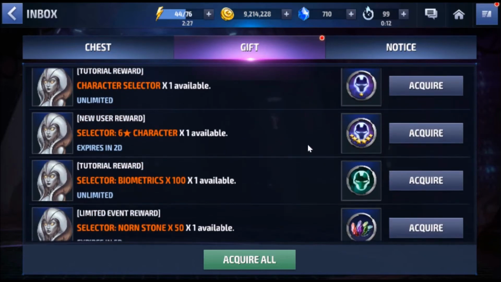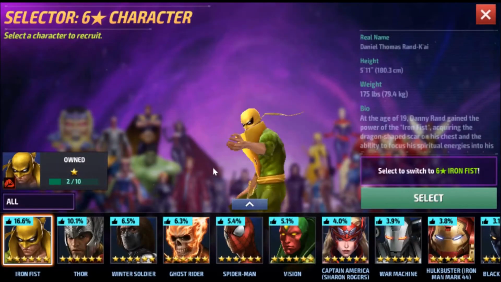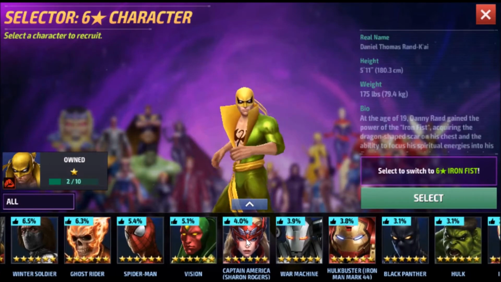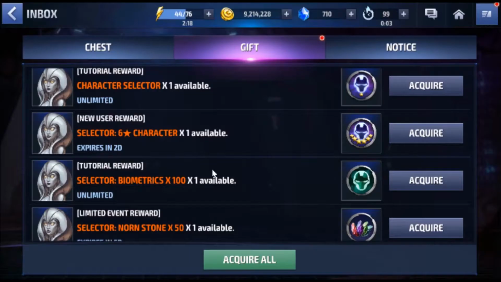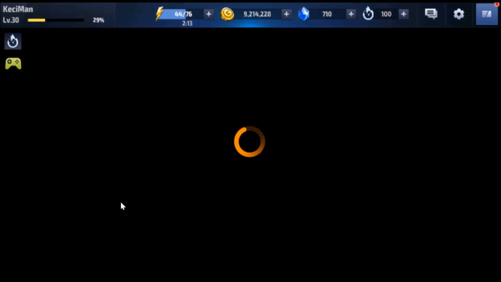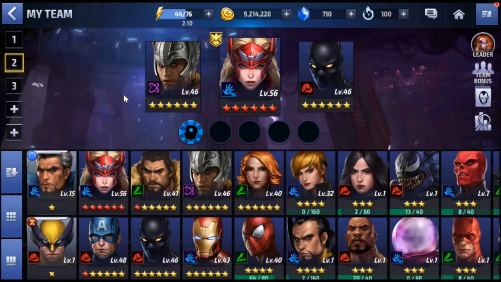Probably we'll start off with the 6-star selector. Okay, so here, we're not going to be choosing Sharon Rogers because our roster is already having Sharon Rogers. So before doing the 6-star selector, let's go quickly to our roster. So our roster is currently like this, and we got Thor and Black Panther as free characters in the legendary